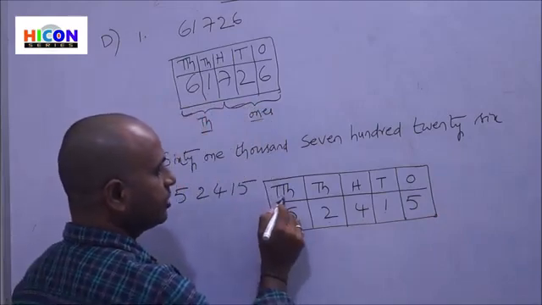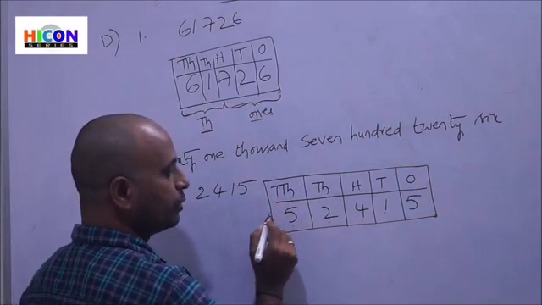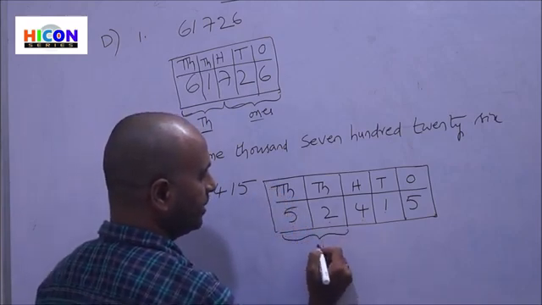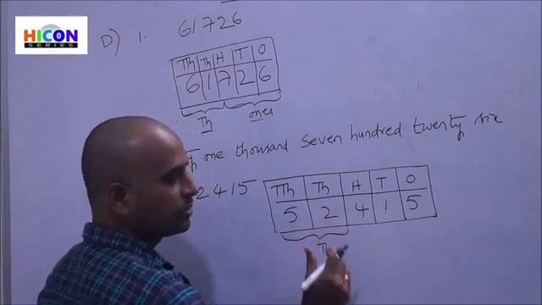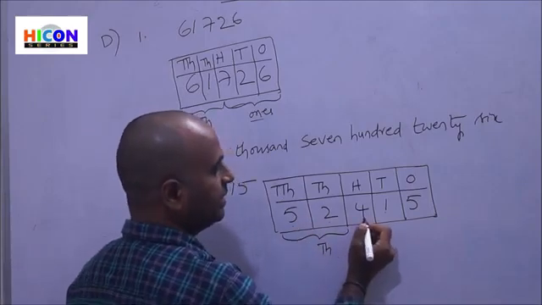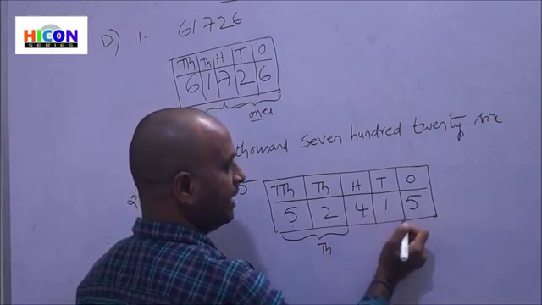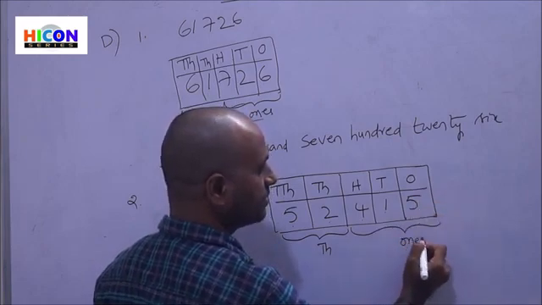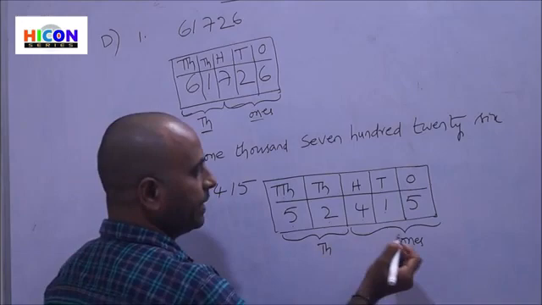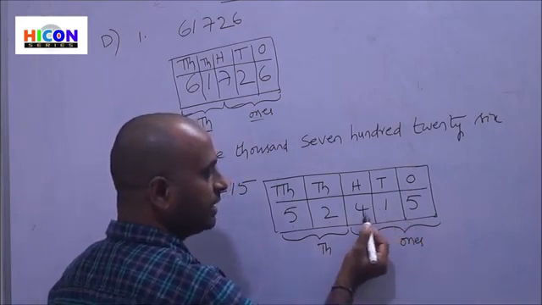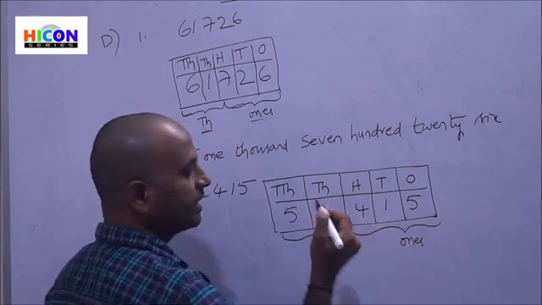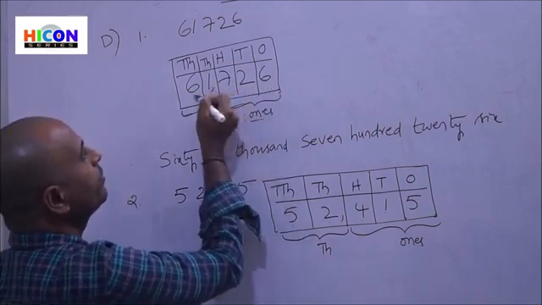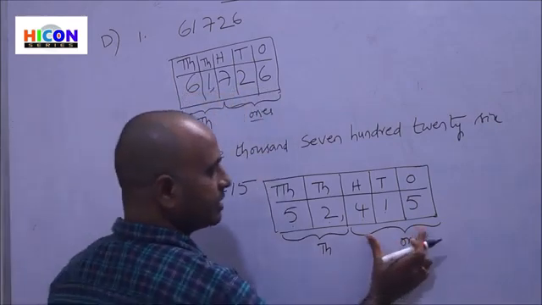Next, the 10,000s and thousands places together are called the thousands period. These three places, that is the hundreds place, tens place and ones place, together are called the ones period. Place a comma after three places. For every period we put one comma. So this is the ones period.